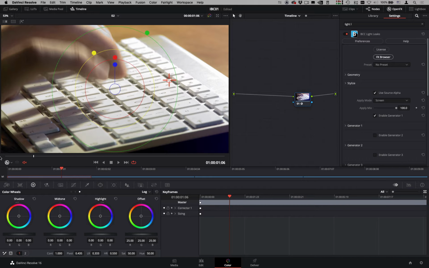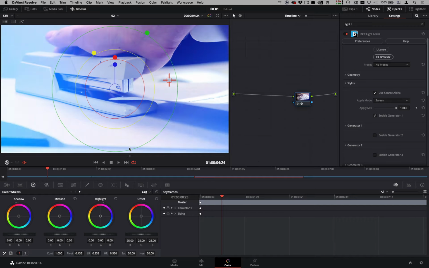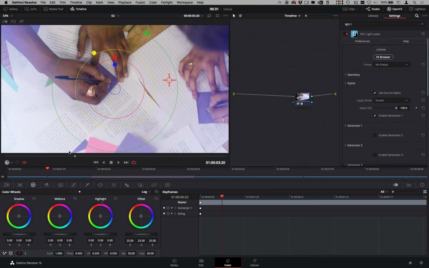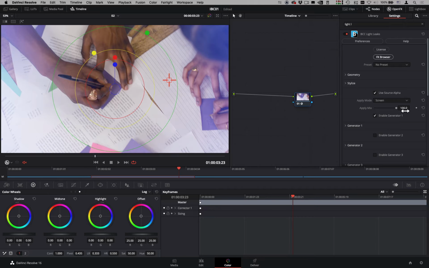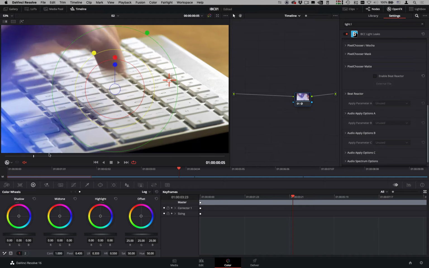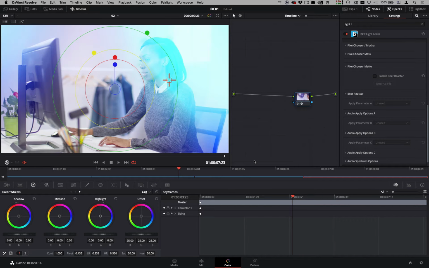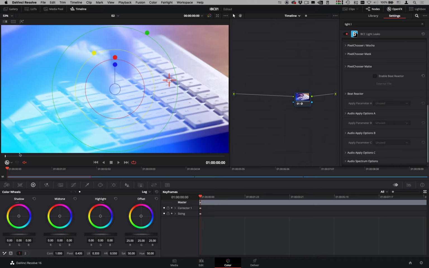These are procedural effects that use procedural fractals of infinitely adjustable size to generate the light leak. So probably just want to back that off a slight bit, and that's probably good to go actually. So there's our drab office footage, given a little bit more punch and excitement very quickly. Very commonly used in broadcast as a kind of look development tool for reality footage and so on. So moving on,